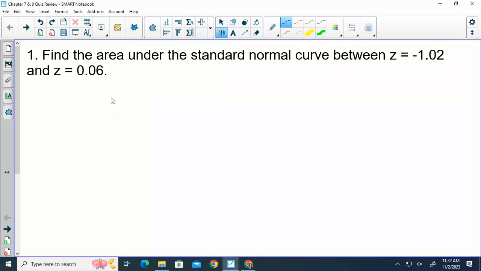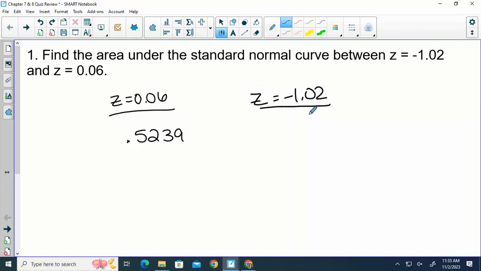So we look when the z is 0.06, our probability is 0.5239. When my z is negative 1.02, the probability is 0.1539. And if you subtract those, you get